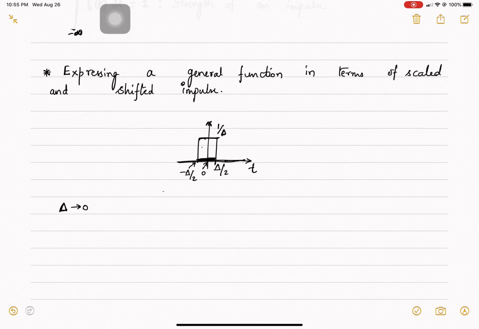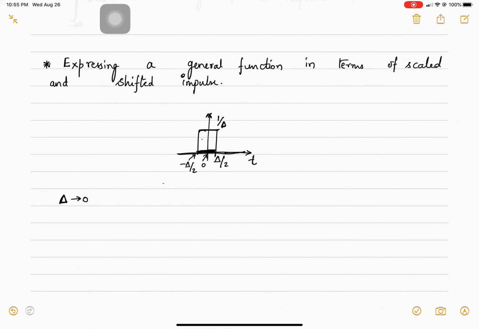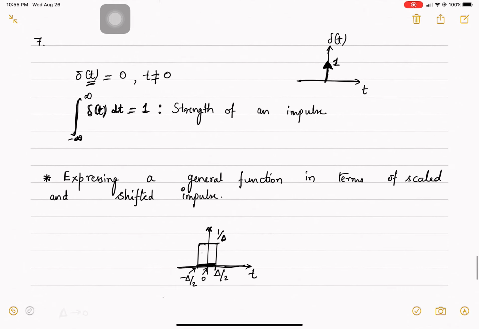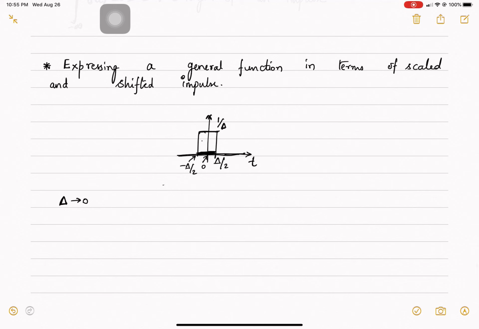Okay, now even if you try to find out the area under the curve, the area will still be equal to 1, and in the limit, when the width becomes very small, it becomes a pulse of zero width and the height goes to infinity. But still, it will satisfy this condition such that the area under it will always be equal to 1. Because the width is delta, even if it is going to 0, the height is 1 by delta. It's not equal to 0, it is just tending to 0.